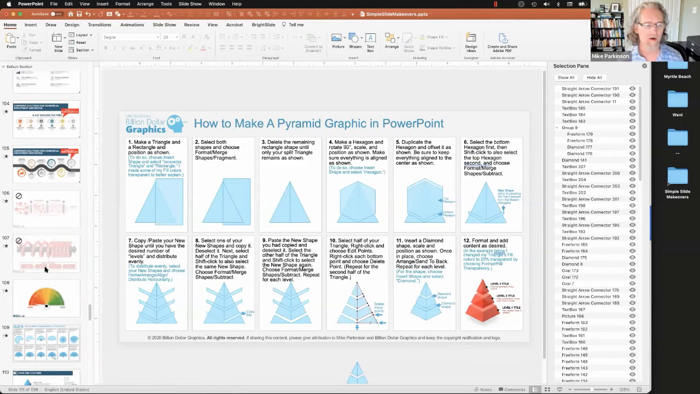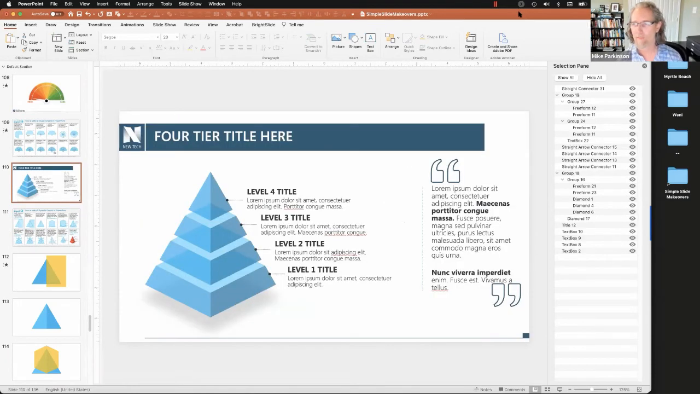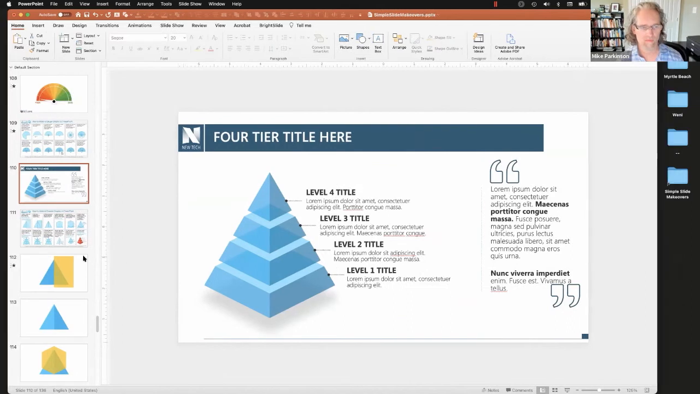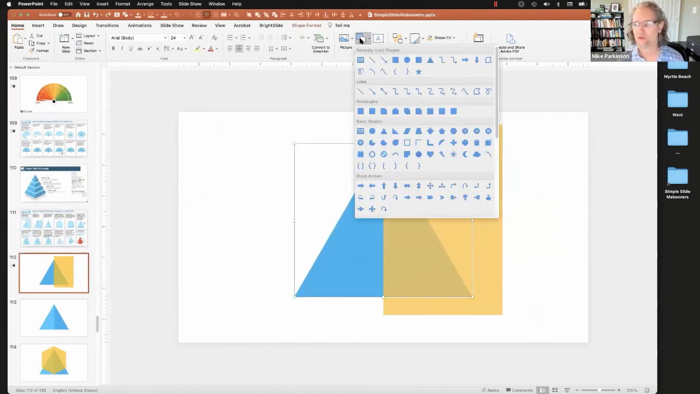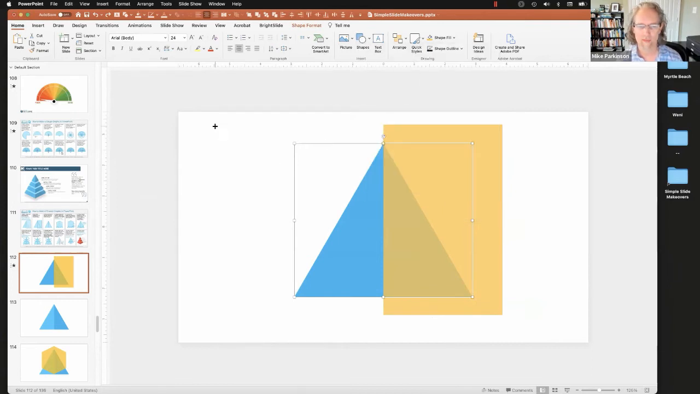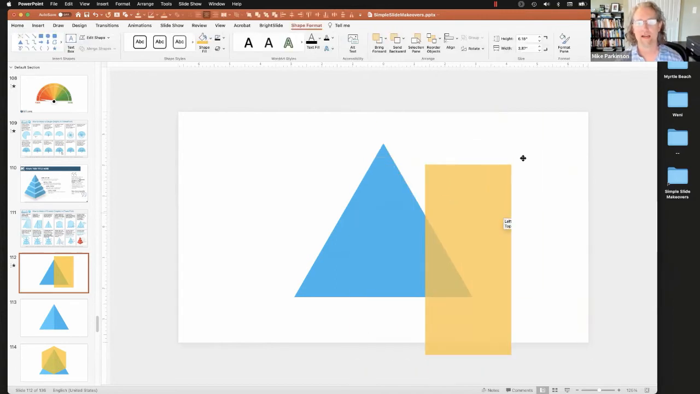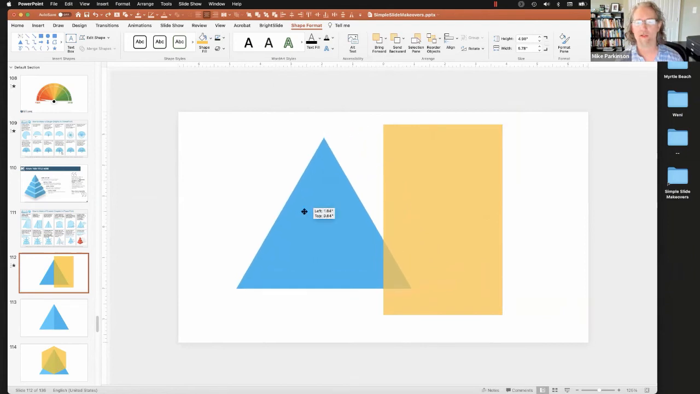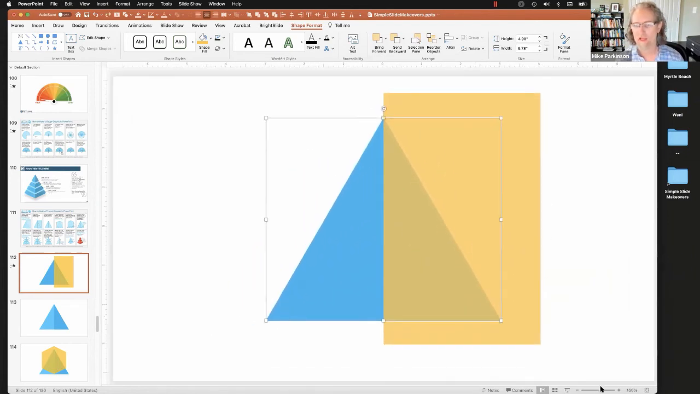So the first thing I'm going to do to build this pyramid graphic, let me close this, is to create a triangle. I would basically insert a triangle in PowerPoint. So insert an isosceles triangle in PowerPoint. It's very easy to make. And then I'm going to insert a rectangle. I am going to click on the isosceles triangle first, and then I'm going to shift click